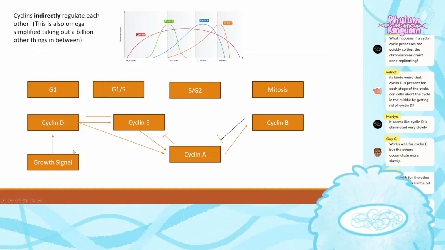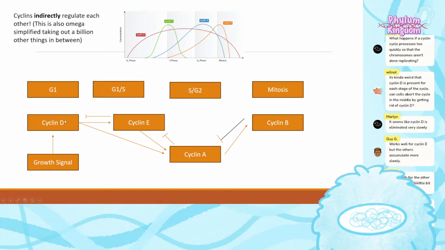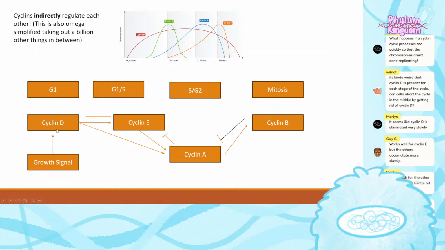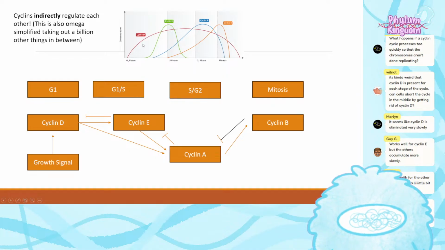But basically, if a cell has to divide, it needs a growth signal. And so this growth signal binds to the cell membrane, propagates the signal, then you get the formation of cyclin D. Cyclin D activates cyclin E. And we see that here, right? As cyclin D increases, cyclin E lags behind, because cyclin D is ramping up, so over time that signal will reach cyclin E. So D is upregulated and cyclin E peaks, and this peak activity does a whole bunch of biology stuff so that it formally transitions into S phase.